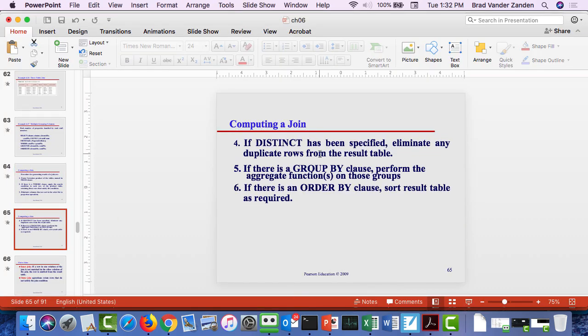And then if distinct has been specified, it would eliminate any duplicate rows from the result table. There were no duplicates in this case. And then sometimes, I haven't gotten to it, there's a group by clause. I'll get to the group by. But the basic idea is that a join is a Cartesian product, and then you're using a where clause to